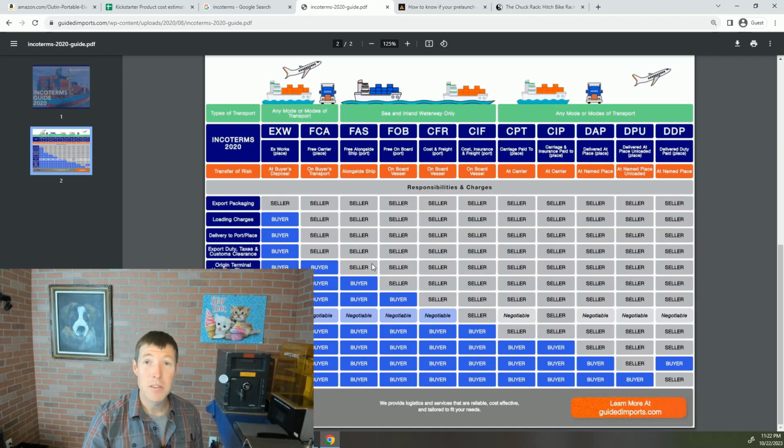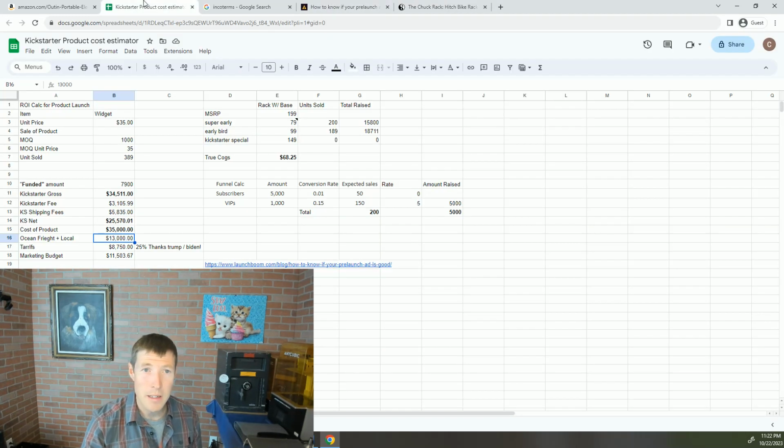And then you ship it out. So we can go more into all specifics on Incoterms in a different episode, but the big thing is you want to make sure that this number is accurate, because it can actually end up being quite a considerable cost that you didn't have planned. So here I have 13,000. That was for big and expensive products that I was selling, like crown rollers and things like that. But for this product, which is smaller and lighter, and you might be able to fit 9 in a cubic foot, you might have a lower rate of around,